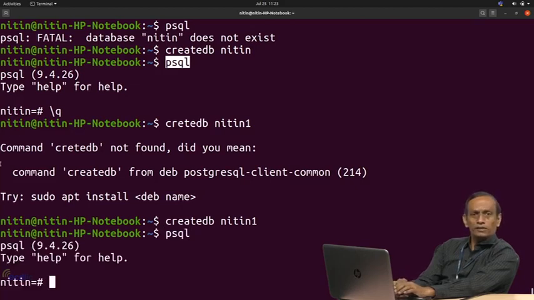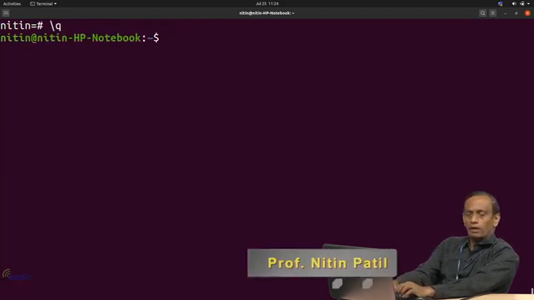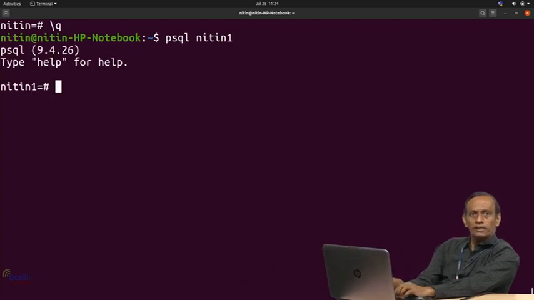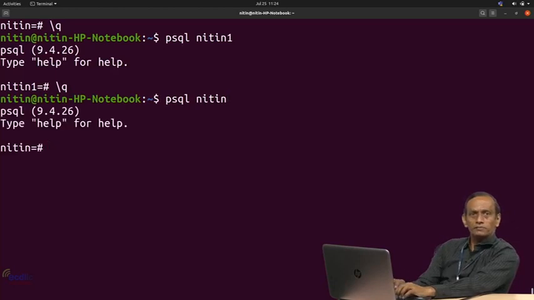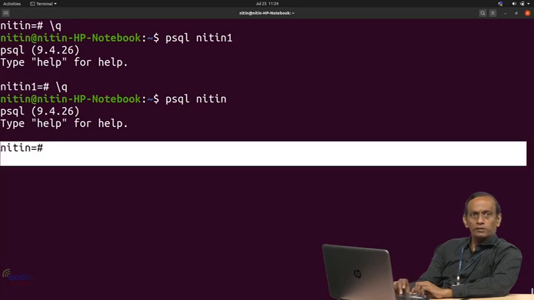By default Nitin. Now we want it to log in with, or use, the database Nitin1. So in that case you will write psql Nitin1. Now you will see the difference. If I come out of this and write this, what is the difference over here? Here we are using a database called Nitin1 and here we are using a database called Nitin, fine.